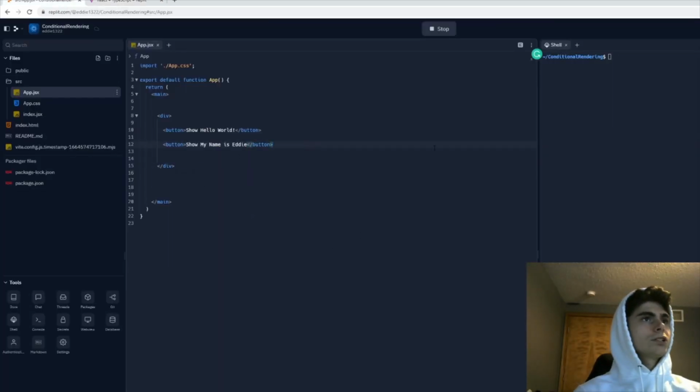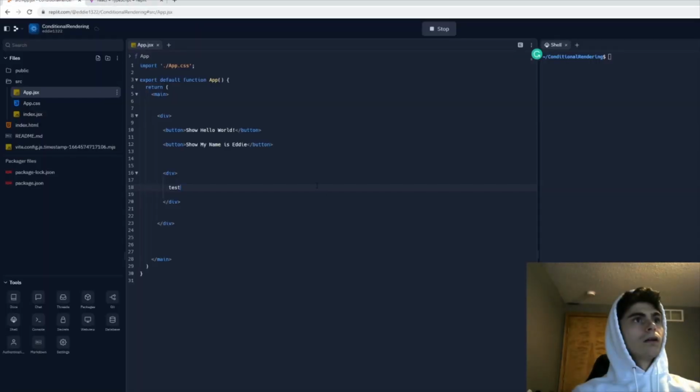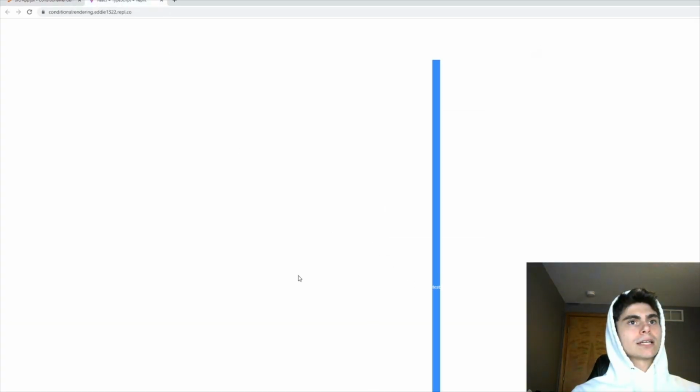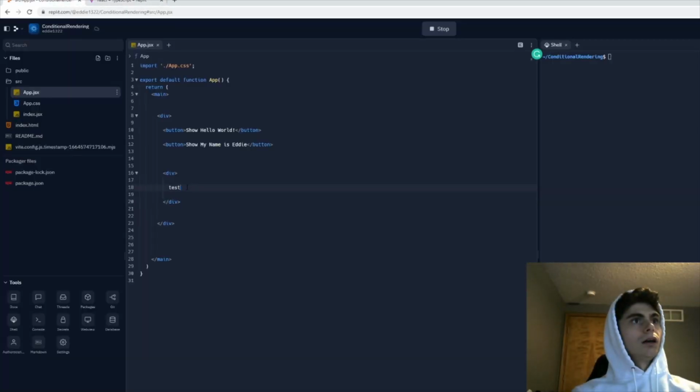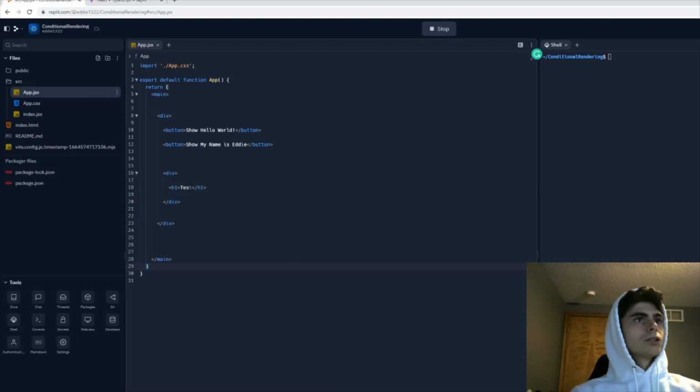And then I'm going to do another div here. And this is where our different rendering component is going to show. So let me just put test here to see if this works. Yep, so we have test down here. We'll just do an H1 here. Okay, so this is where we're going to render our component, but we first need to make the two different components